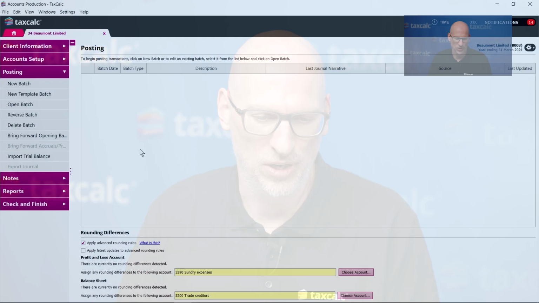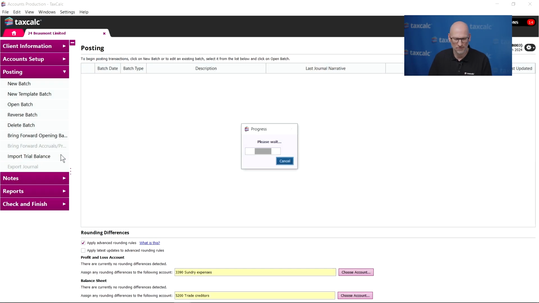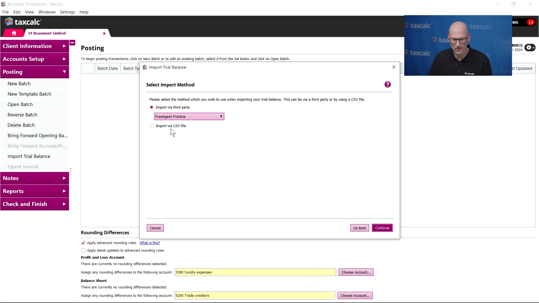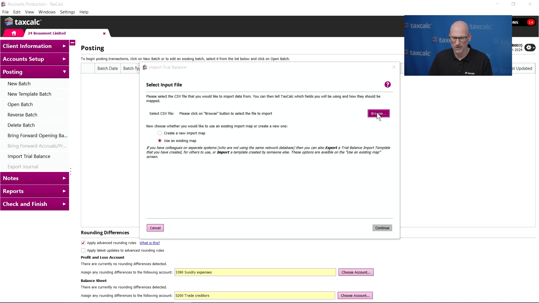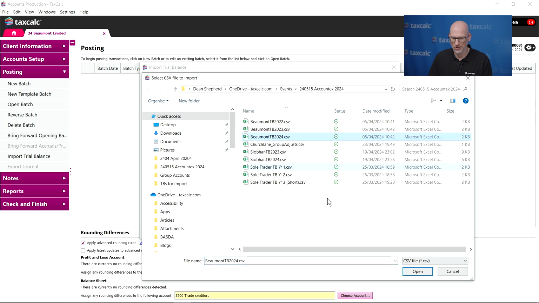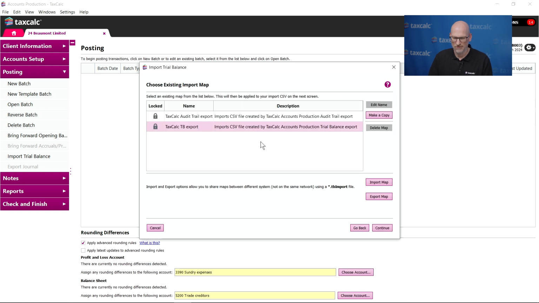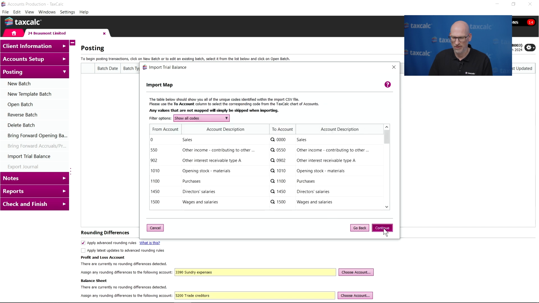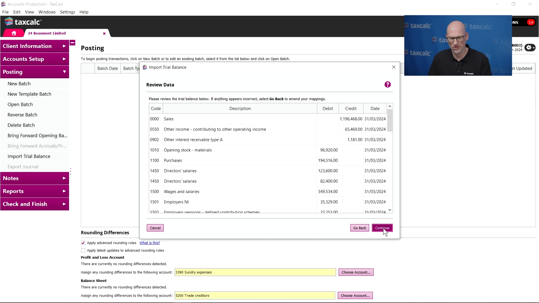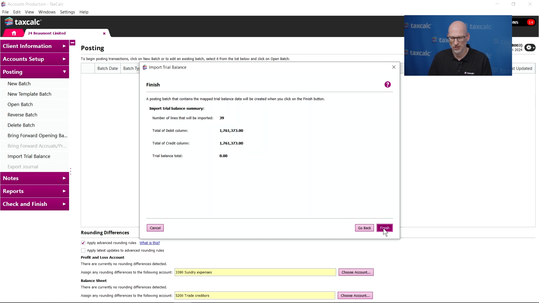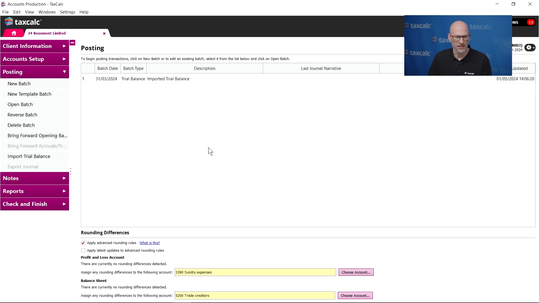So if I dive into the software now and show you what I would do, I'm going to go to the same import trial balance option that Siobhan just showed, but rather than selecting a third party, I'm going to import via CSV, browse to the file I want to bring in, hit continue. I'm going to use the default import map there, and from here on in it's exactly the same as Siobhan. They're all mapped to the codes within accounts production, and that is going to bring in the trial